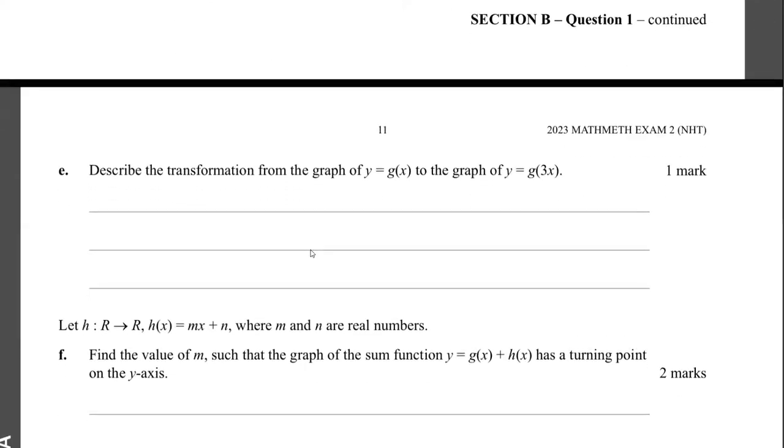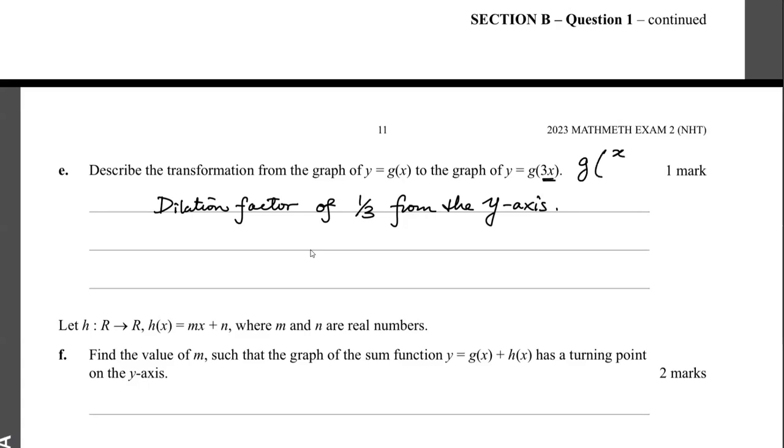Describe the transformation from the graph of g of x to the graph of g of 3x. So apparently it's a dilation factor of 1/3 from the vertical or y-axis. Okay, it's not a dilation factor of 3. Okay, because you want to work with g of x divided by 1/3. Okay,